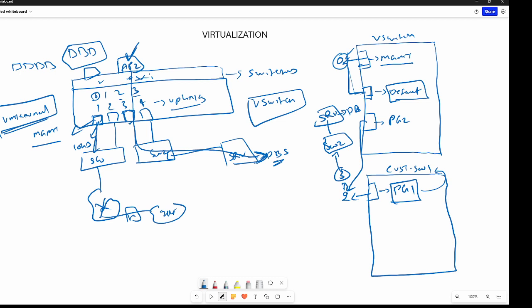But here you see how things become complicated. If it is a data center, think about how many applications they have, how they are going to map it, how they are going to plan it.